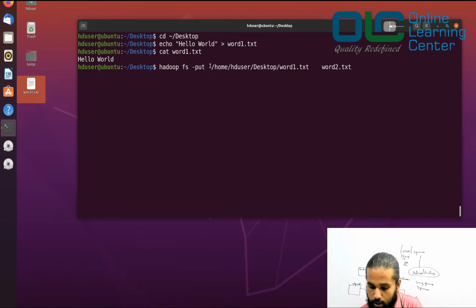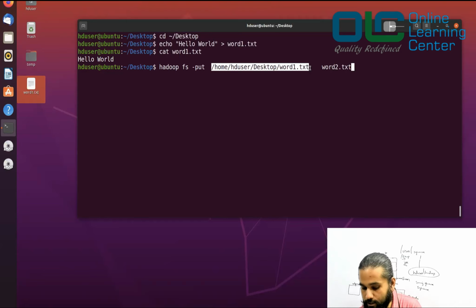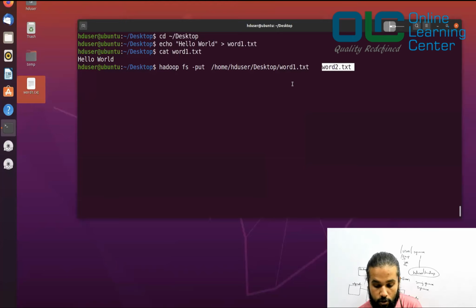So what is the source? The source is your local file system, right? What is your destination? The destination is your HDFS, right? So in this case, I said I have word1.txt. I want to copy this in my HDFS with the name word2.txt. Okay, so when you do this, let's say enter. When you do this, what happens is Hadoop will copy this file into the data node.